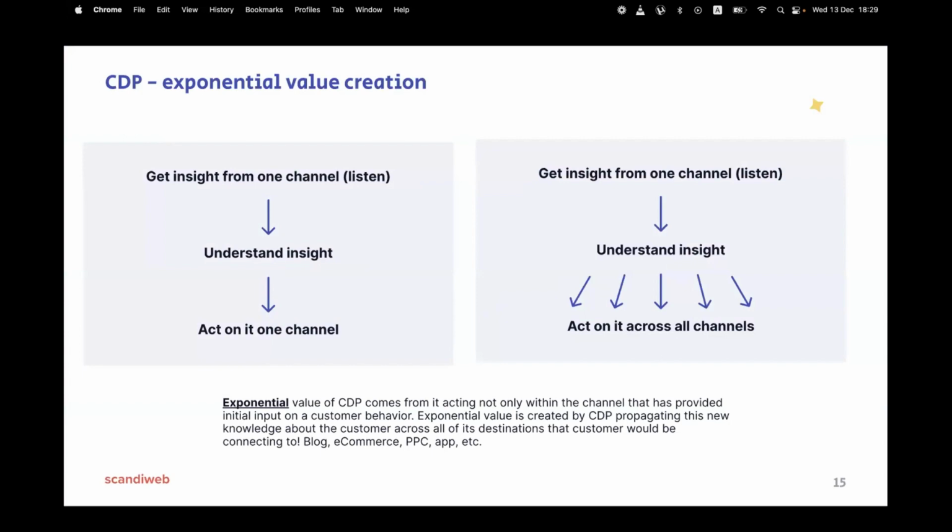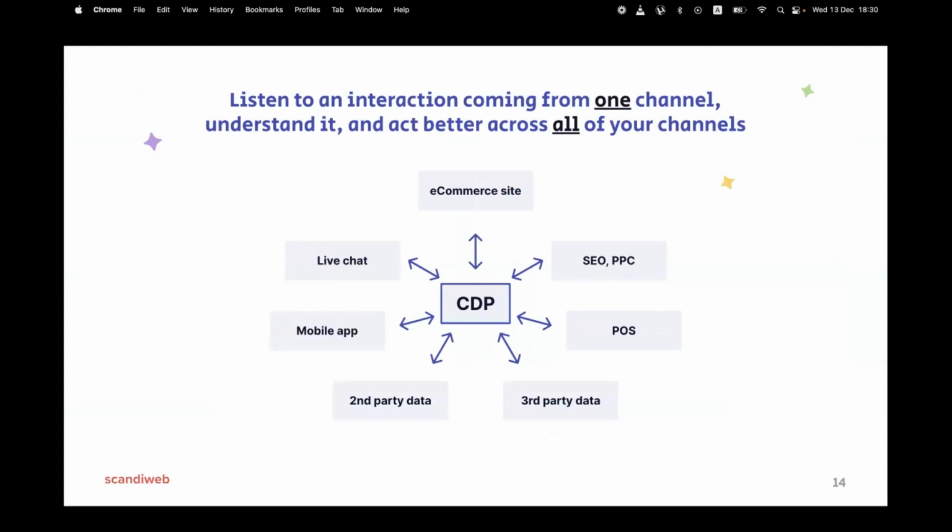We can actually take a look at, on the previous slide, the value is that you are listening to one channel, like the guy came looking for marathon shoes, but this information is immediately pushed to all other channels. So you don't need to wait until the customer comes to a mobile app and starts searching for marathon shoes to fine-tune the mobile app experience.